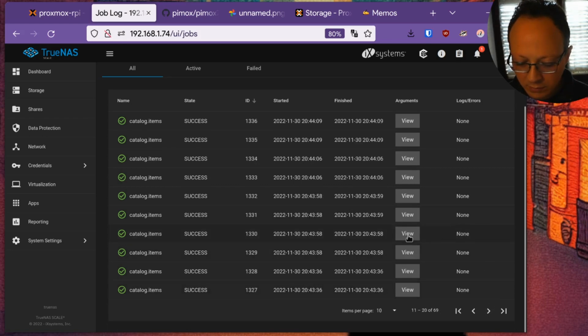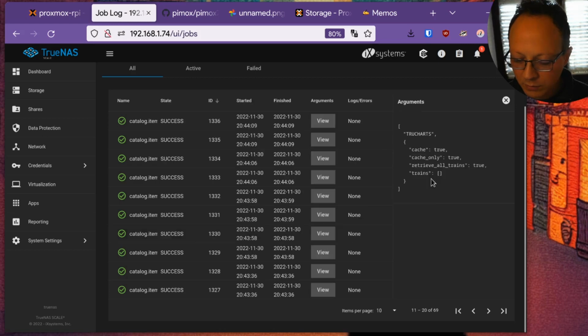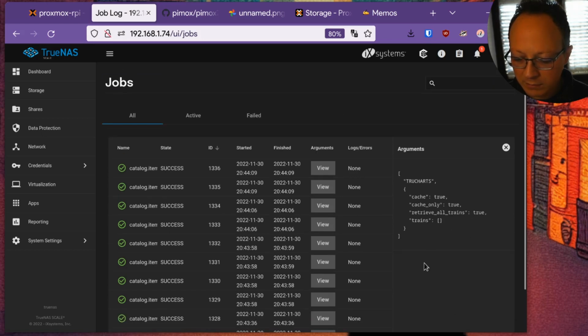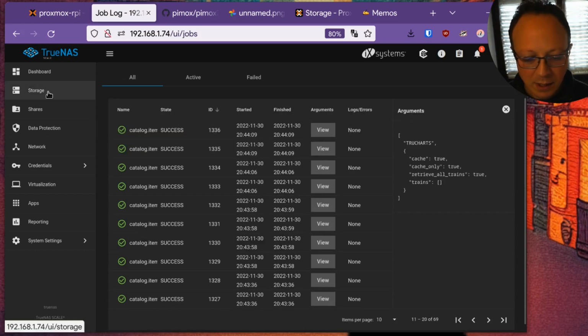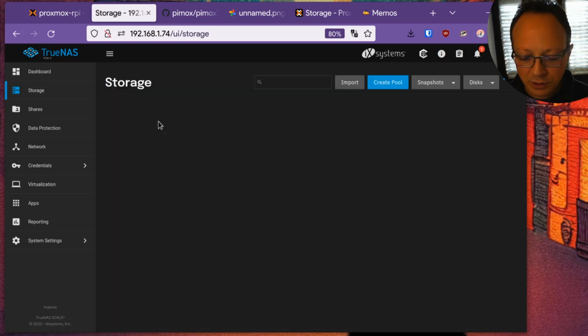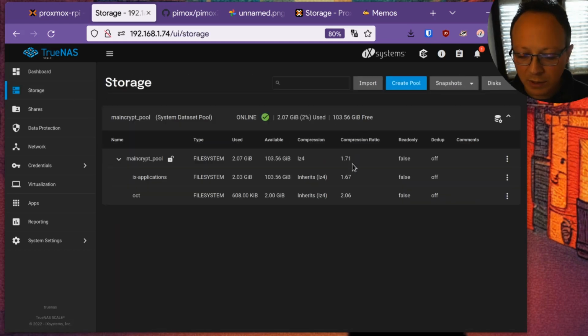So if you click view, you don't have much information about it, but that's it. So under storage, you have the pools, so you can automatically create other configurations, more advanced configuration.